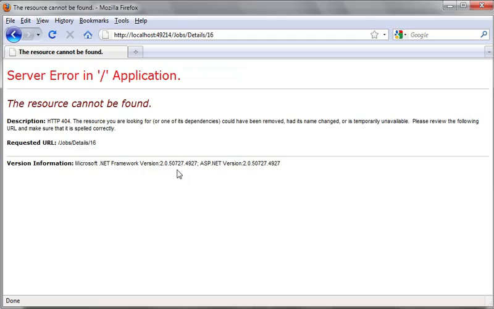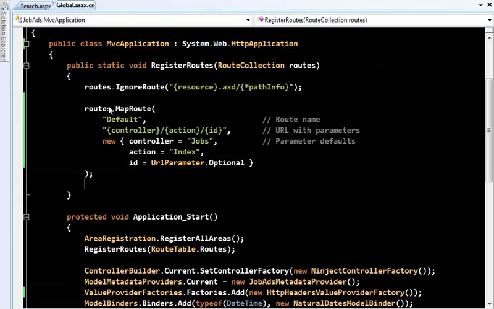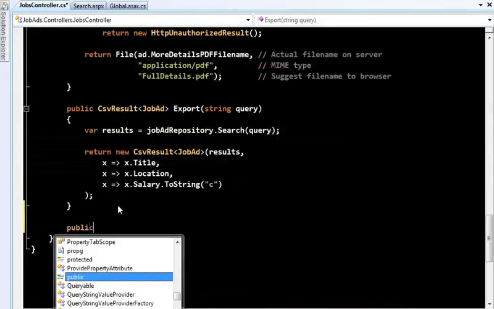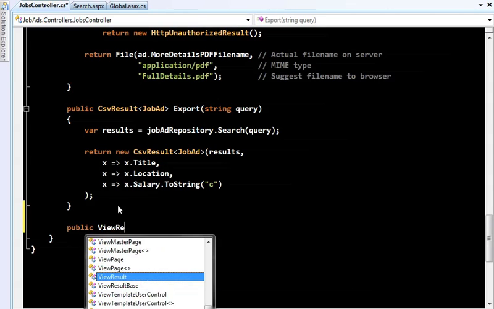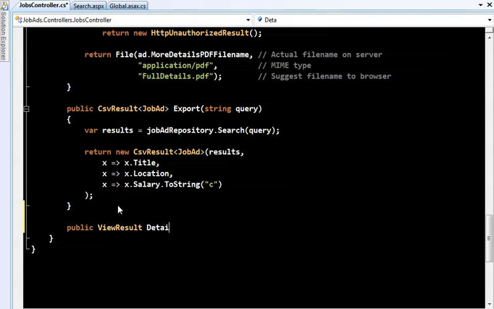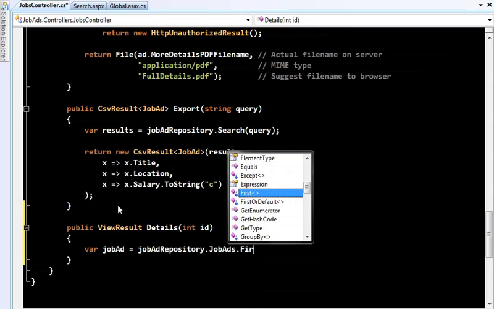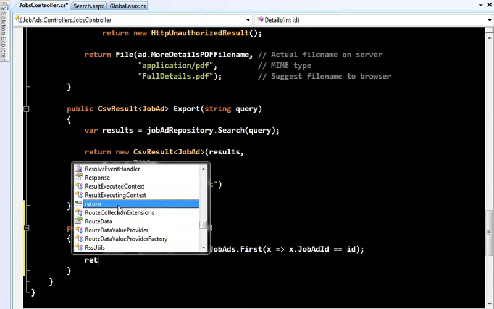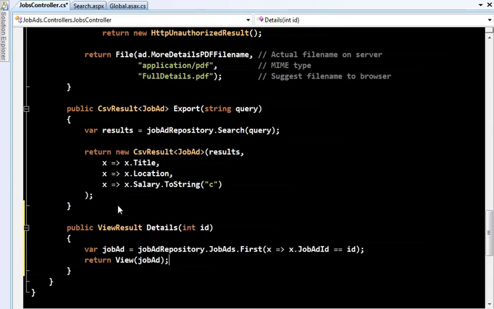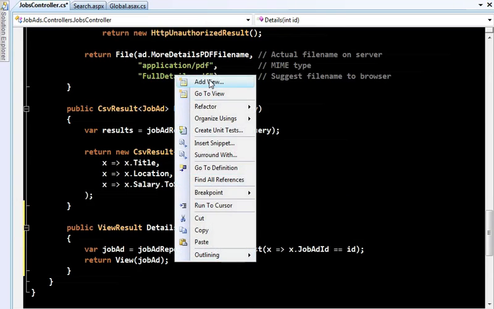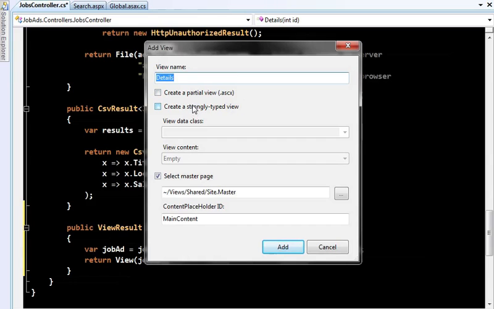To proceed with this, I'm going to have to create that action method. That won't take very long. On jobs controller, I'll add a new action method that returns a view, and it can receive the ID value from the incoming request. I use a LINQ query to fetch the job ad by that ID, and then I'll simply return a view to display that job ad. Of course, I need to actually add a view for that, so I shall just create one now.